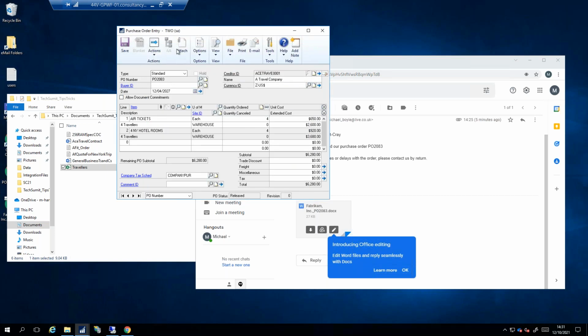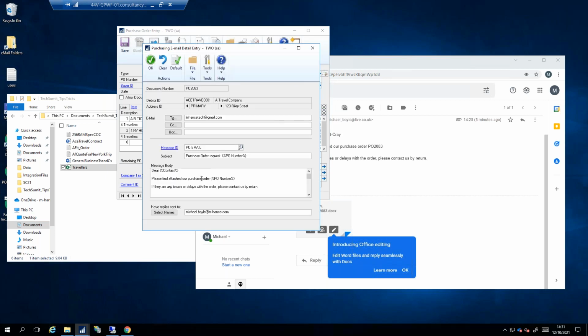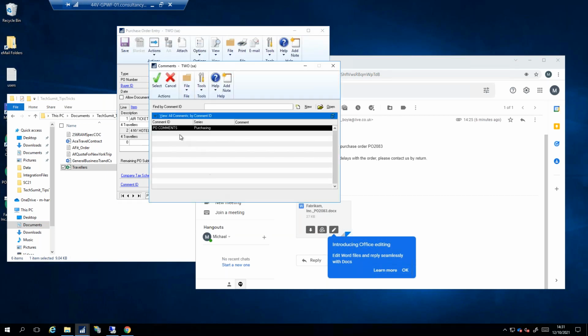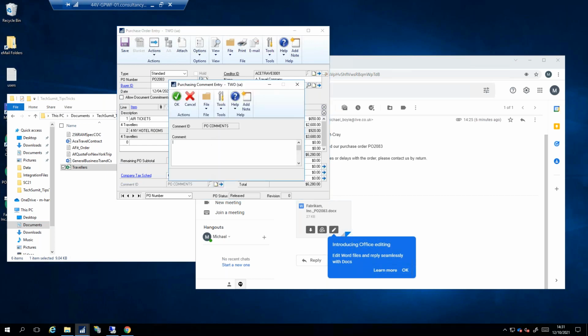So I've obviously got some more additional documents on here, and I could, to let the supplier know that I've got some additional documents, come onto here and put a note onto my message body to say we've got some additional documents attached. But that just exists with the message body. That doesn't exist with the purchase order. So why not use the comment ID here to come in and say,